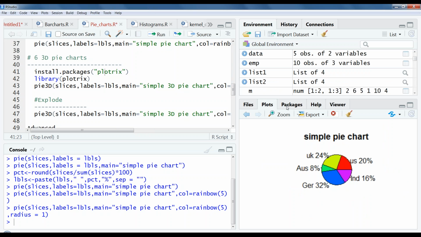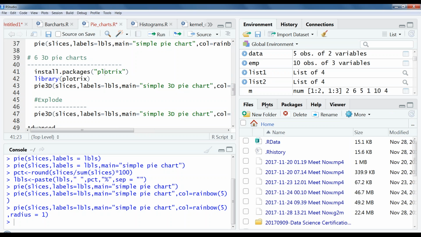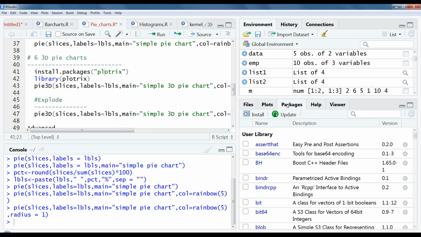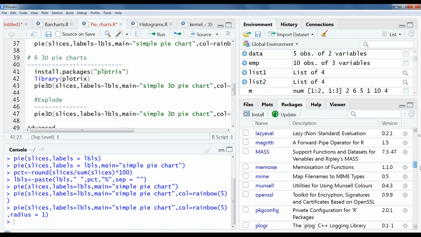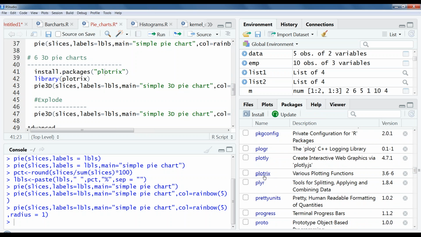You can see in this pane, which is another pane for plots, files, and also packages. You see here, packages. This is what I am referring to, plotrix. If you download plotrix, you will be able to see it in this list, and if you load it into the current session, you will find a tick box here.